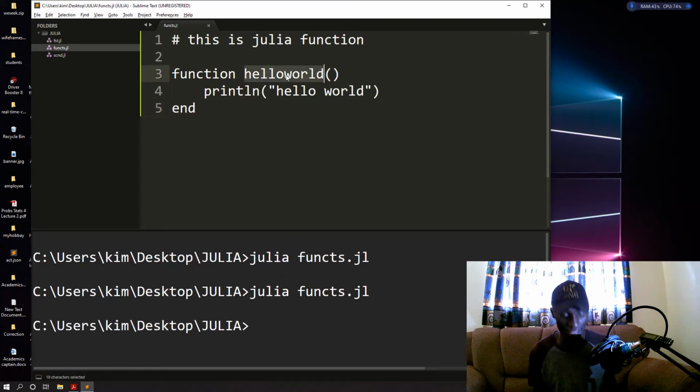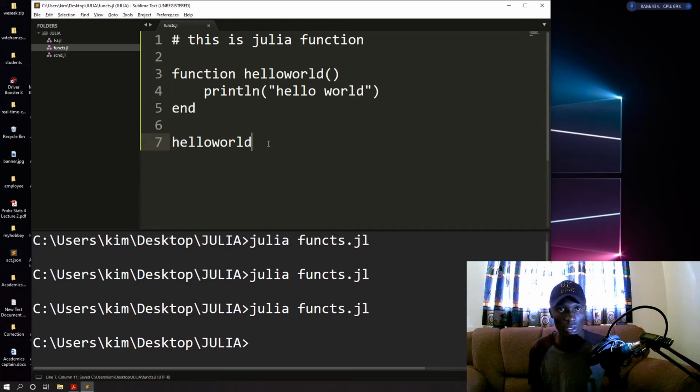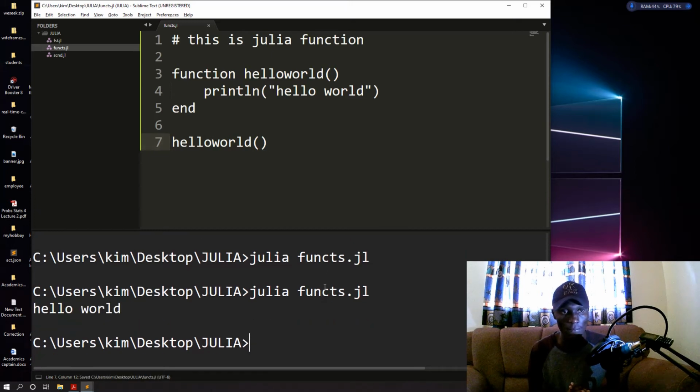Now, if we wanted this code to execute, there's something called calling a function in Julia. You have to write the name of the function you want to execute. Okay, sorry, I forgot the brackets. Now you see, we get hello world because we called the function. So to call the function, you write the name of the function and then the brackets. It has to be the exact name you used previously. So this is a function in Julia. As you can see, this function I don't think is really important. Why would you make a function that does something like this?